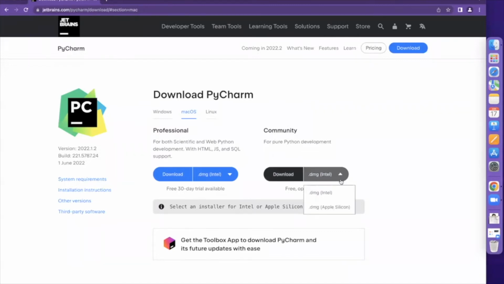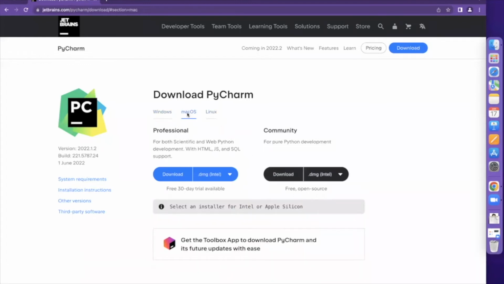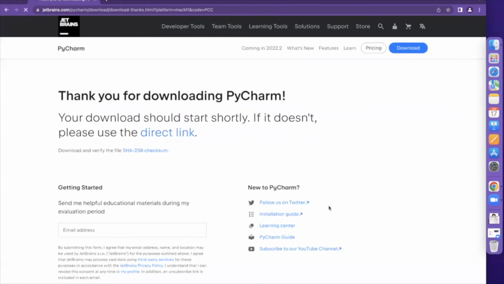And then you have to select, oh, this is only for the MacBook, by the way, what I'm showing you right now, because we don't have anything such for Windows. It's a direct download for Windows and also, I think, for Linux. But since Mac has two different chips now, M1, the specific one from Apple, and the older one, which is from Intel. Mine is M1, so I would choose Apple, and then it will download a .dmg file